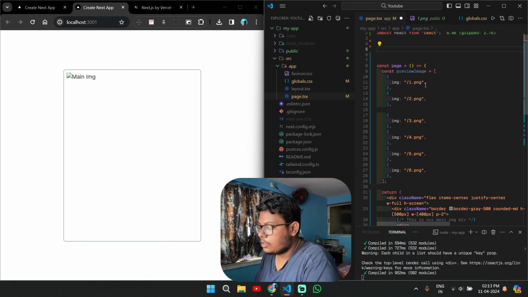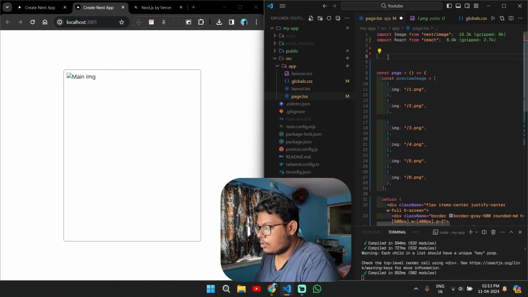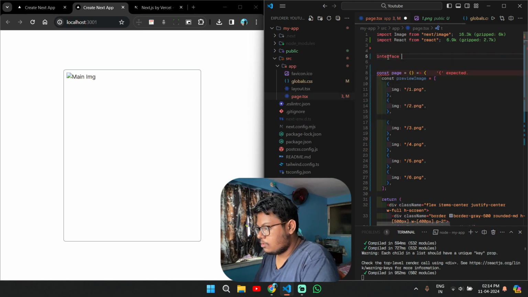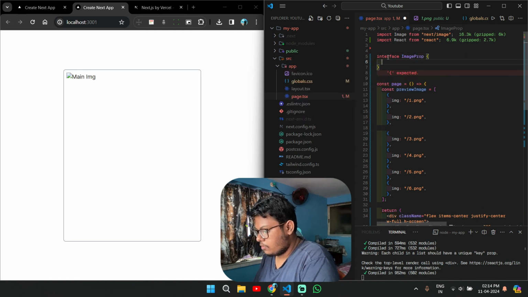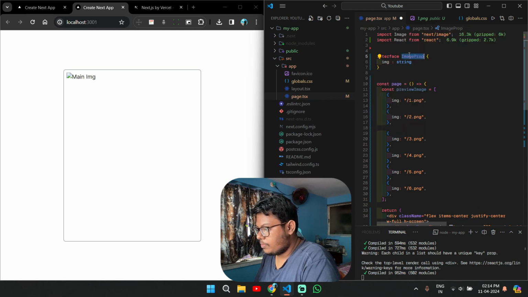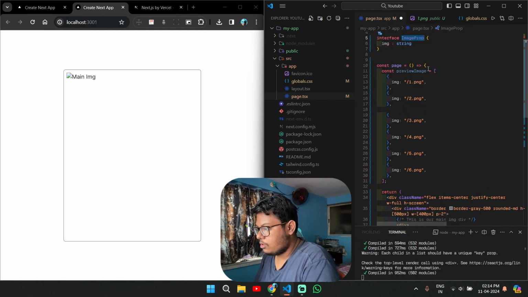Now as we are using TypeScript with our Next.js, we can use an interface to make our code more type safe. So let's give it a name of let's say ImageProp, and within this it will hold our image which has a type of string. So now you can simply copy this ImageProp here, and use it like this. Alright,